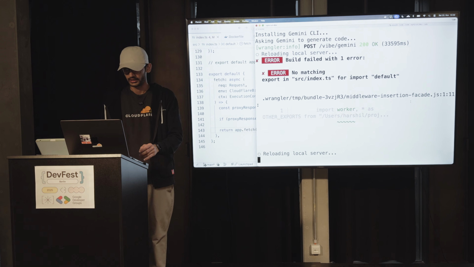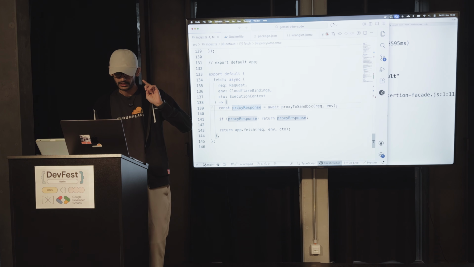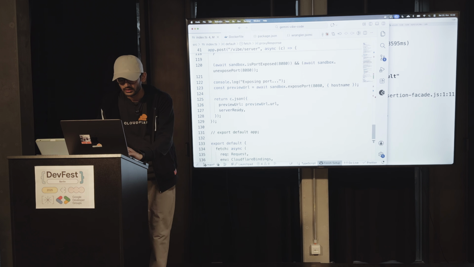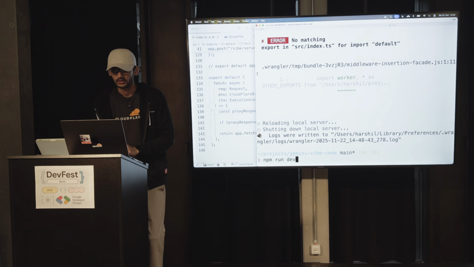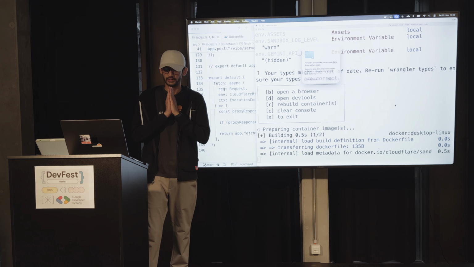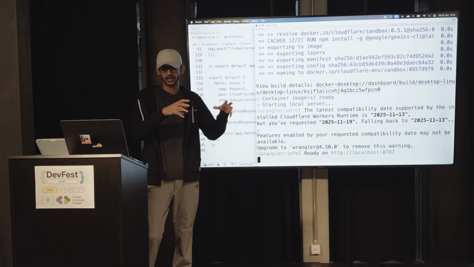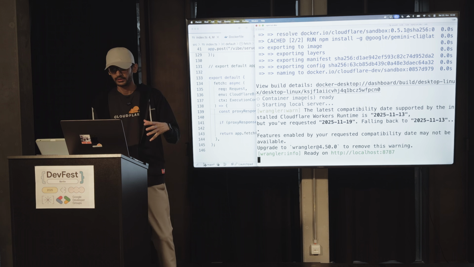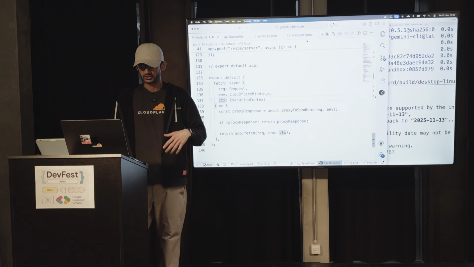I'm going to save this and I am going to say no because there is an error that I am not sure why there is. Okay, just going to close the server and start it again and hopefully there is no error anymore. It is going to build the image again because now I am installing Gemini in the image itself. It says there's no error for now. So it looks good to me.